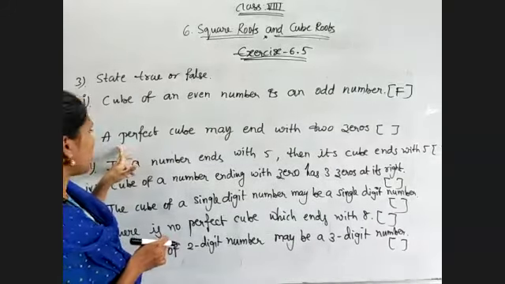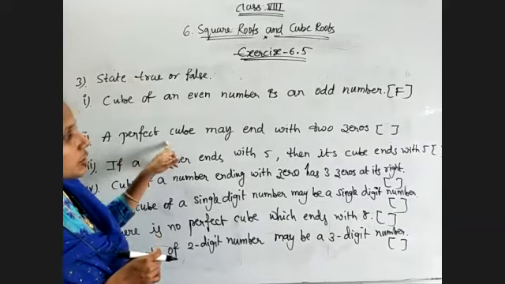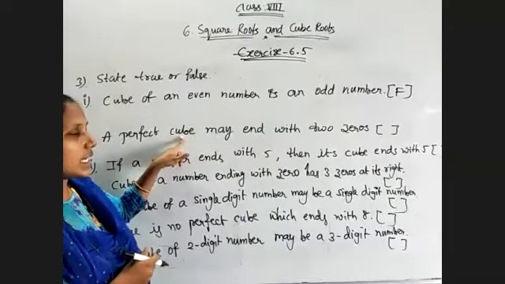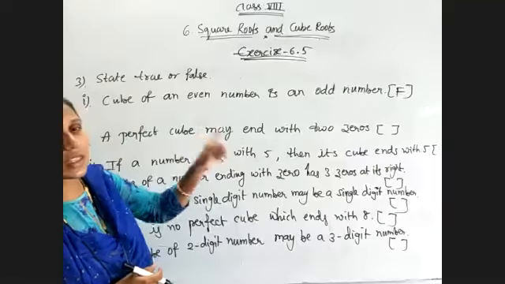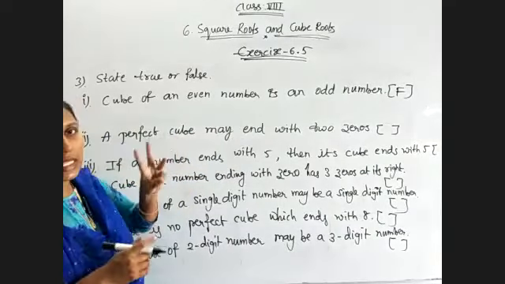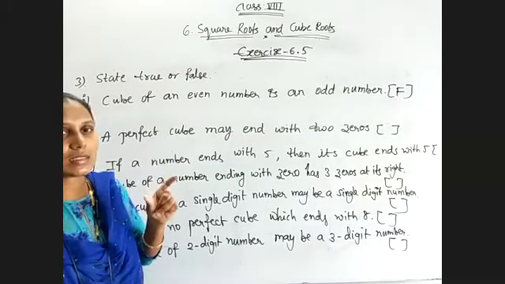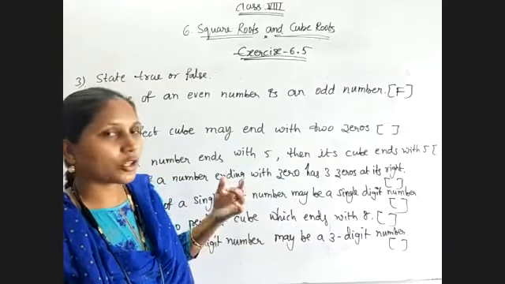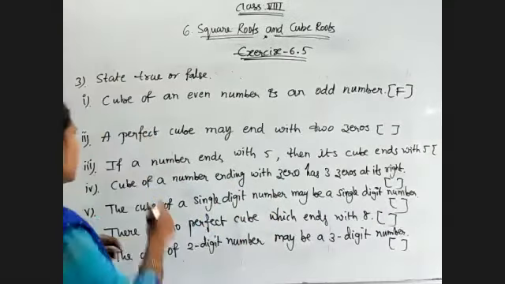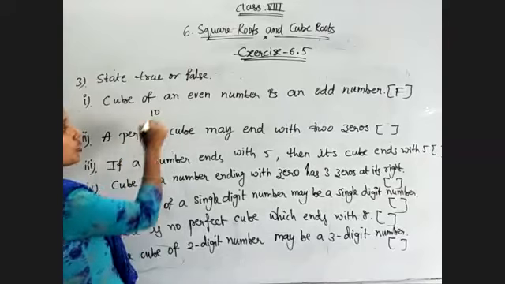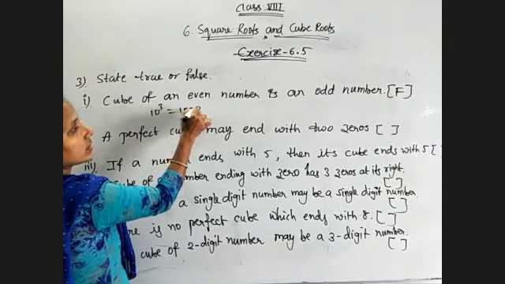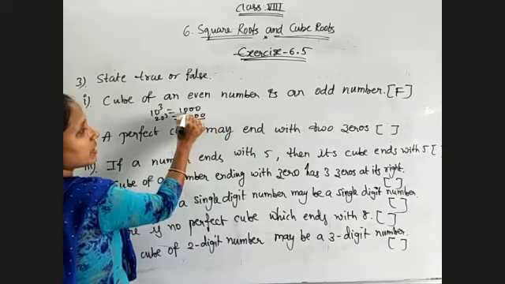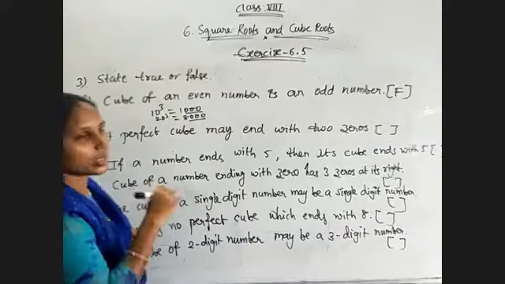Okay. Now coming to the second statement. A perfect cube may end with 2 zeros. See, they are telling perfect cube may end with 2 zeros. Cube deals with 3, 3. Means the minimum number of zeros we must have in a perfect cube is 3. Understand? Just observe, if I am taking 10 cube, 1000 I'll get. 20 cube, 8000. Means minimum number of zeros I am getting 3, not 2. So it is also false.